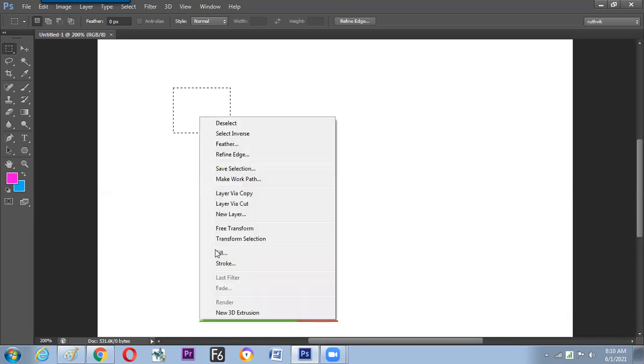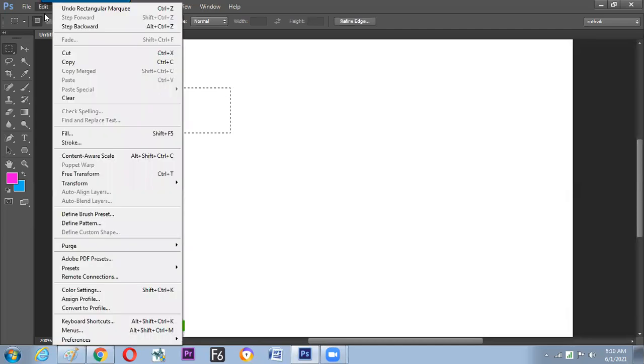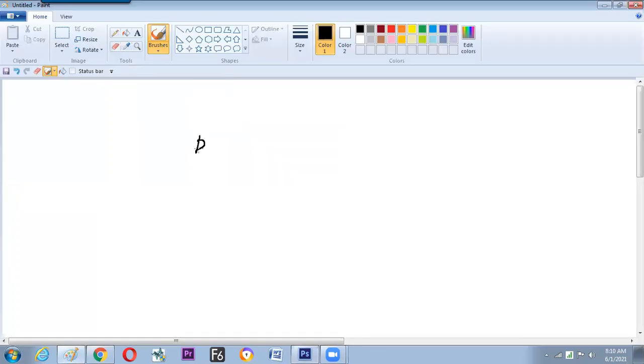Now, once the new selection is done, we have understood in the last sessions what can be done. We can give a stroke to it by right click, then Stroke. And the stroke option is there inside your Edit menu, called Stroke. So now we know where the stroke option is. It is there in the right click, very nice. But it is there in the Edit menu too. Edit, Stroke.